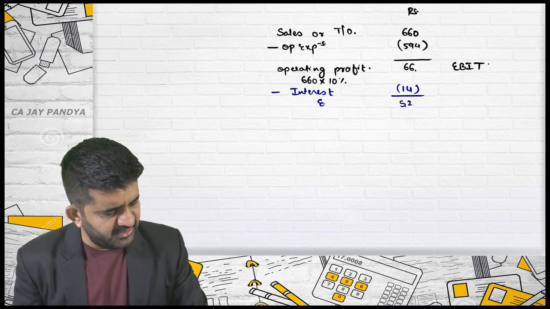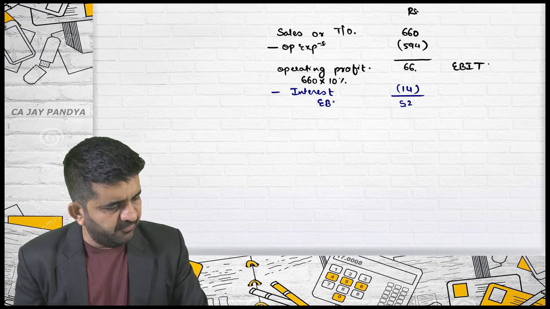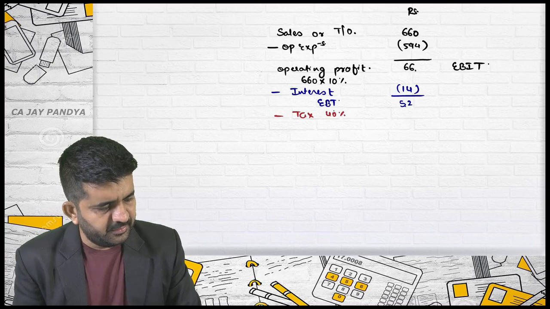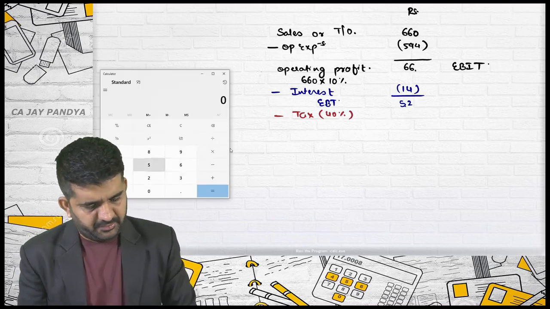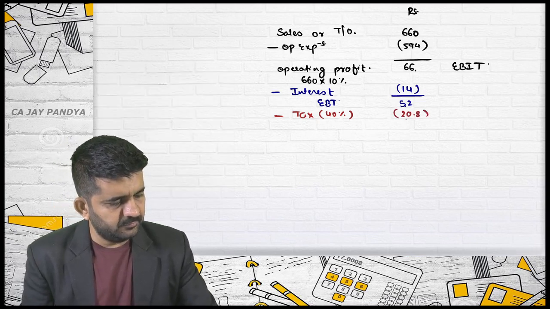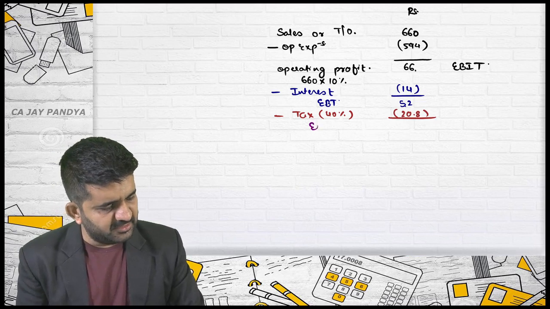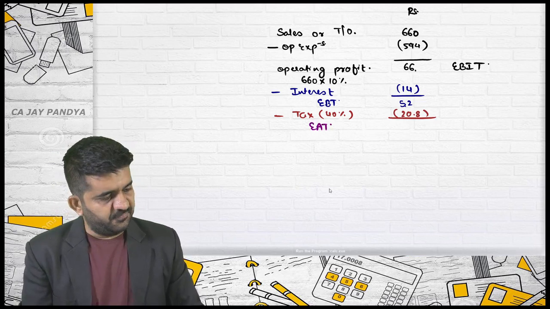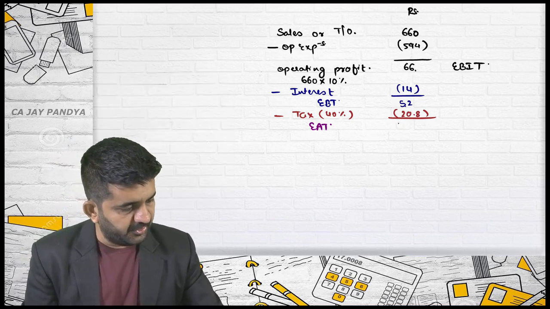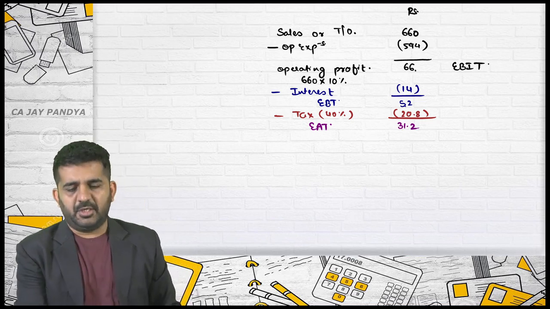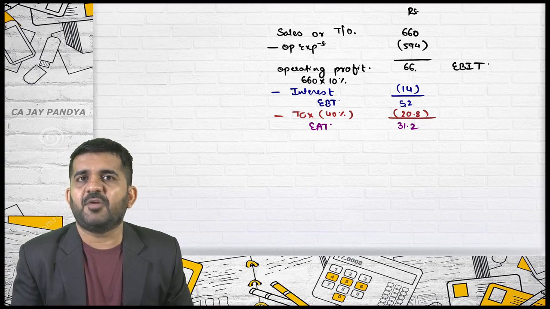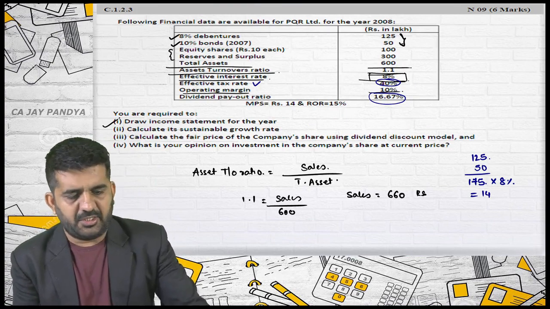Alright, so what is this? It is earning before tax minus tax. What is the tax rate? 40%. So 52 into 40% is 20.8. So I will be getting the answer of EAT, which is 52 minus 20.80. It is 31.2. So alright. Now, is this 31.2 earnings available to equity and preference shareholders? Yes, but there are no preference shares. Is it alright? So directly,